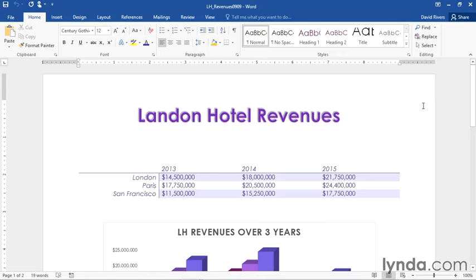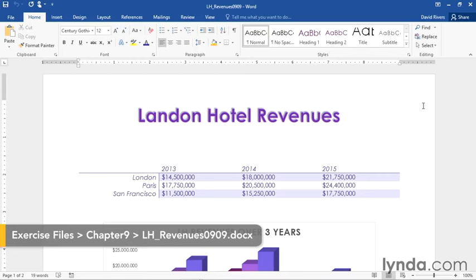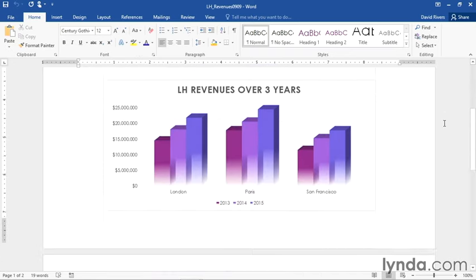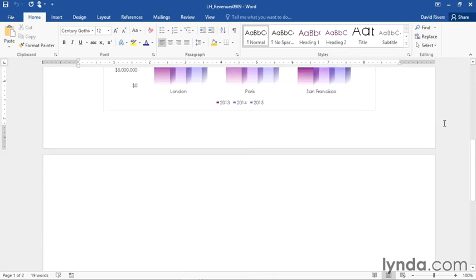There's another type of graphical element that can be added to your Word documents to create visual interest, an easier way to look at data, for example. It's called SmartArt. And it's called SmartArt because it has some intelligence built in. Let's take a look as we continue with our LH Revenues document, LH Revenues 0909, if you need to get